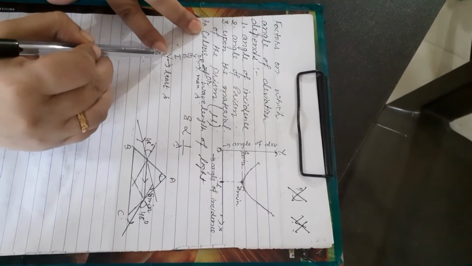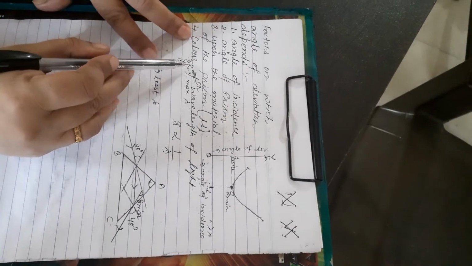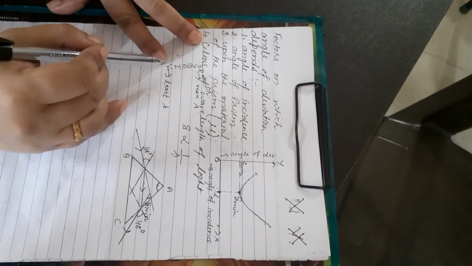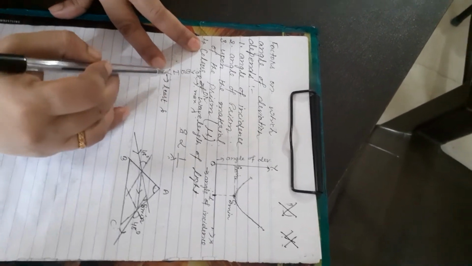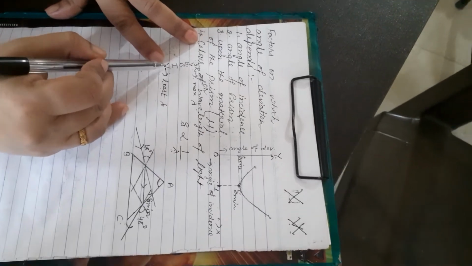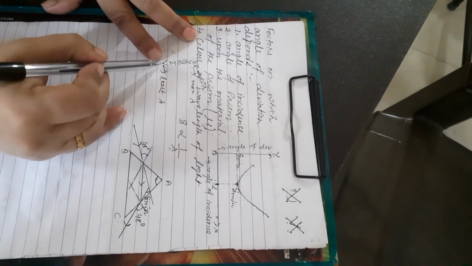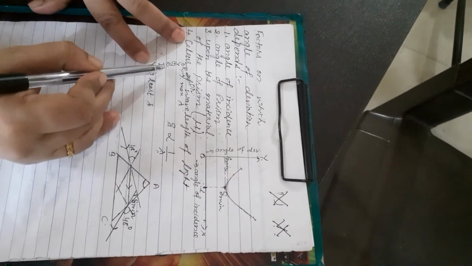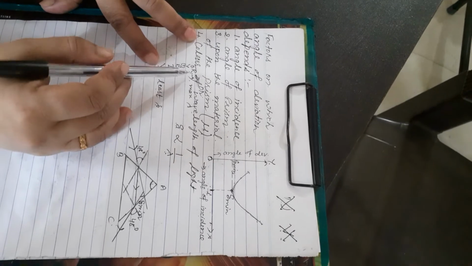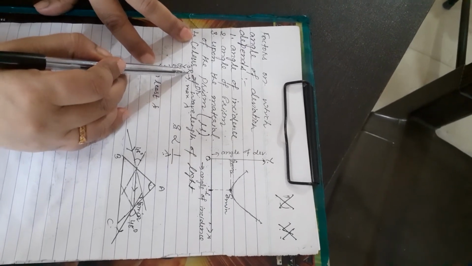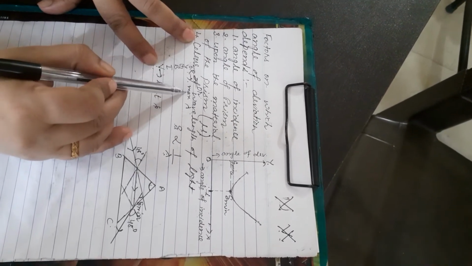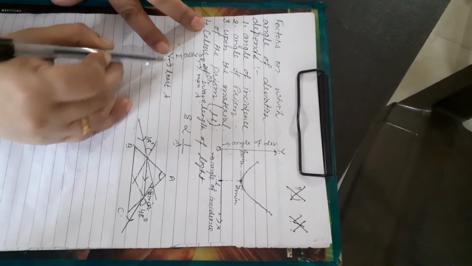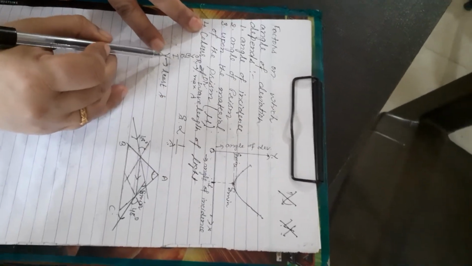When white light is allowed to pass through the prism, it splits itself into 7 colors. That is called dispersion of light, and the 7 colors are V, I, B, G, Y, O, R. V is at the bottom, R is at the top. V has the least wavelength, and as we go up, wavelength increases. So red has maximum wavelength, its deviation will be least. But violet has least wavelength, so it will deviate more.